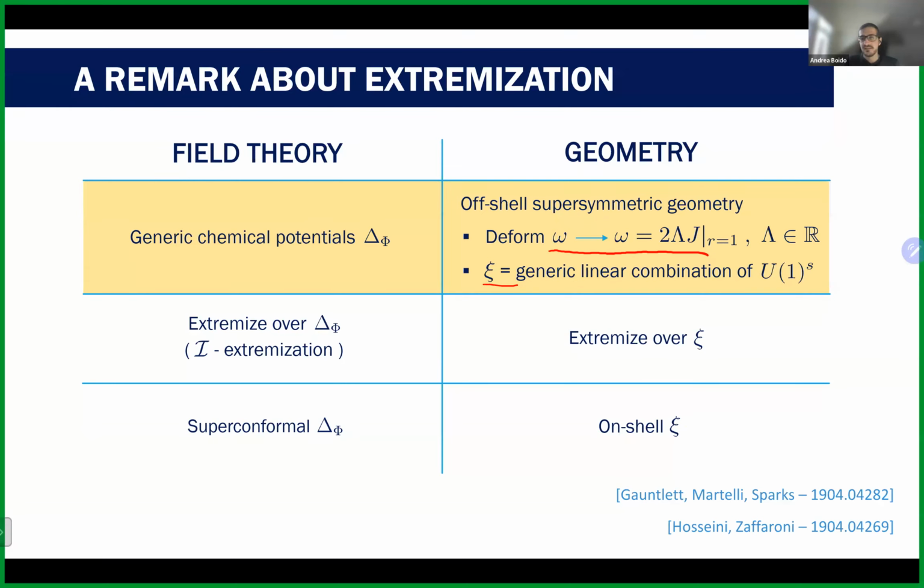I think there are some results in the literature where they also essentially consider some deformation of these geometries that are actually on shell, but they are different deformations, and they are supposed to be dual of these field theories with generic R charges. But the picture I'm using here now is a precise one, which is the one of GK geometry, as I said already. And I'm not sure how to justify this physically.